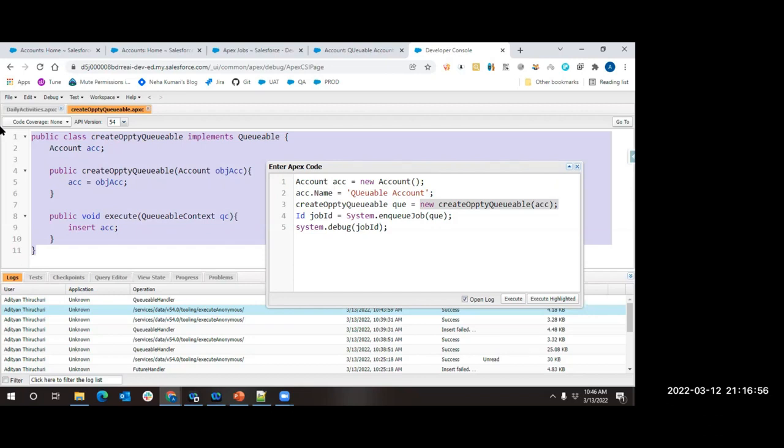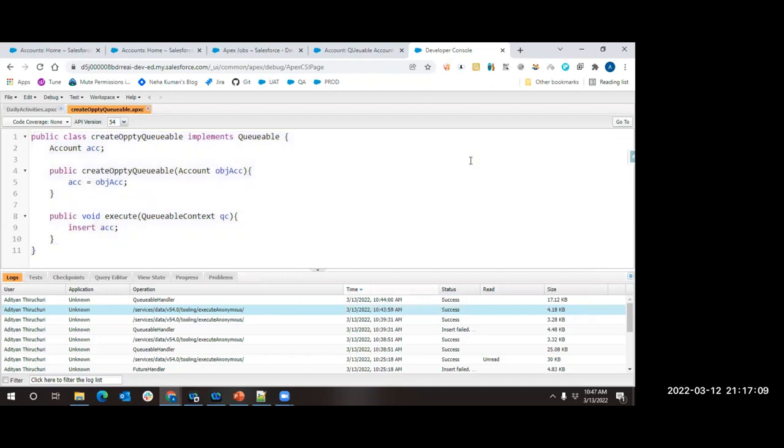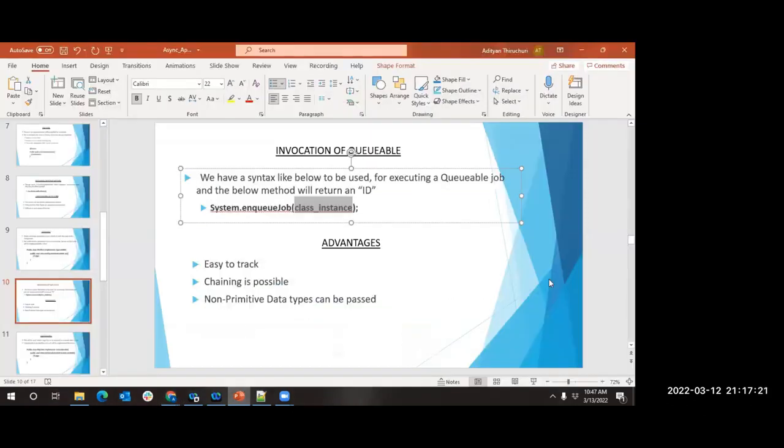But when you have to write a queueable, you have to create a new class, identify the logic which has to be moved, bring it out, put it in a new method, which will consume some amount of resources while writing some code. But still, future and queueable both are completely asynchronous. Both will get executed completely behind the scenes, and both will not be able to show you any error at the UI level. You have to go to Apex jobs in order to see them. Both are kind of doing the same thing, but the approaches or the implementation process is different for both. So this is about future and queueable.